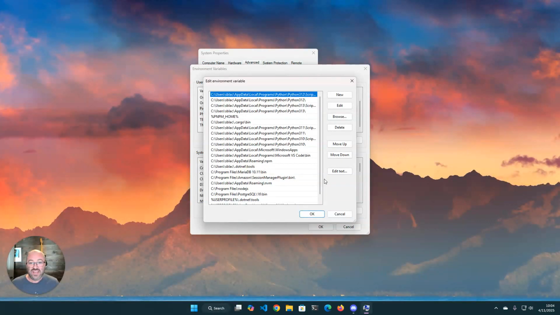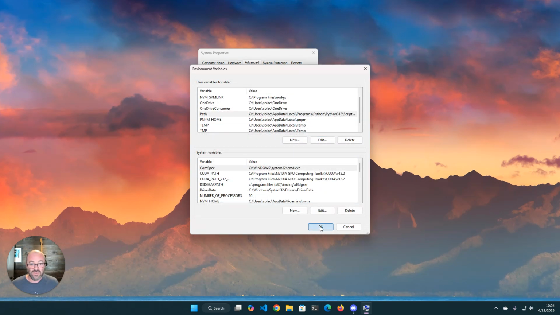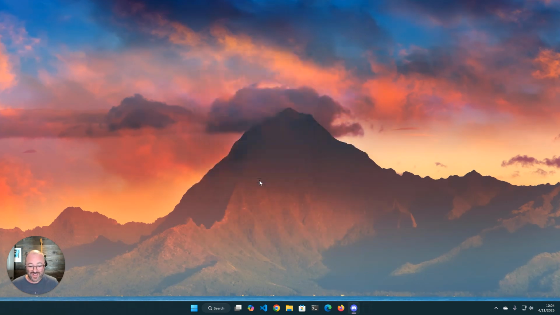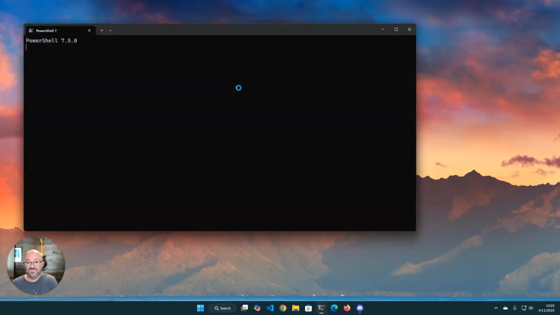Boop, edit. We're going to want to create a new path variable, and that's going to be the path to where we moved it to. C, program files, Black SEO Analyzer. Ta-da! Enter and OK. And then OK out of that, and OK out of that. And now, when we go to terminal, and we type Black SEO Analyzer.exe,